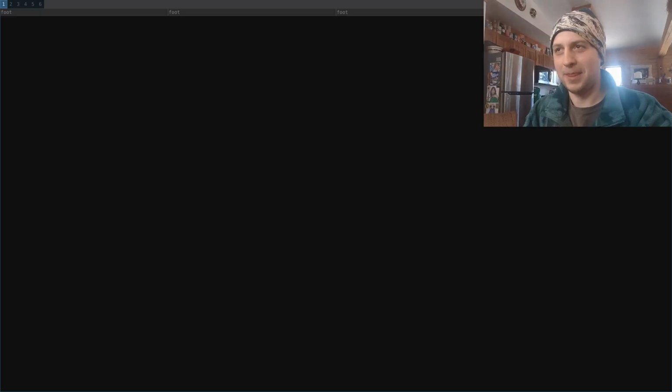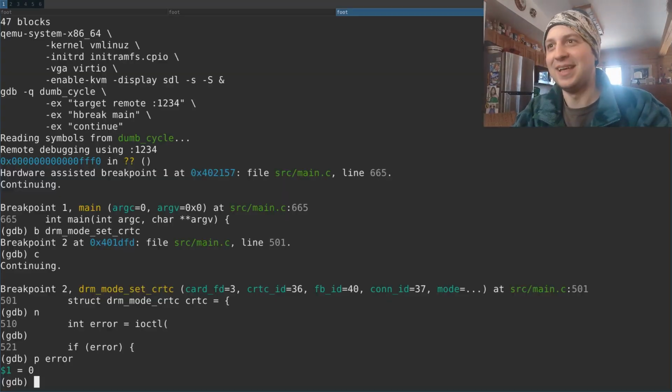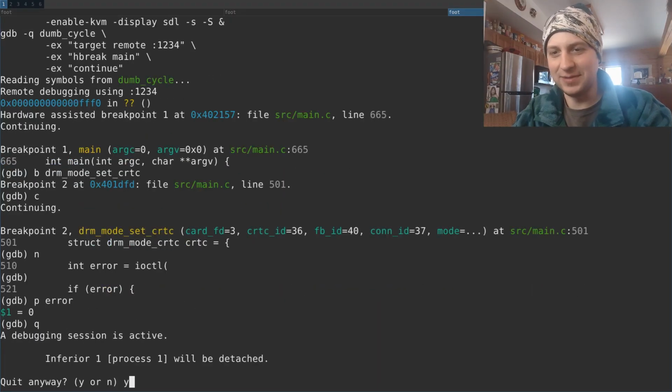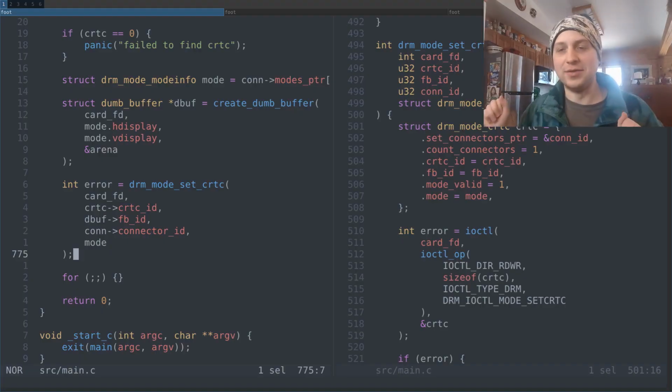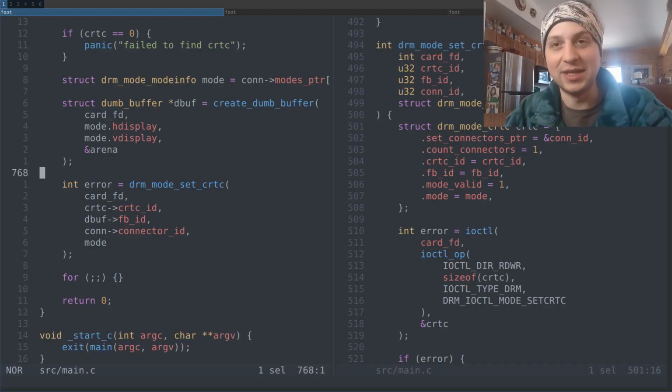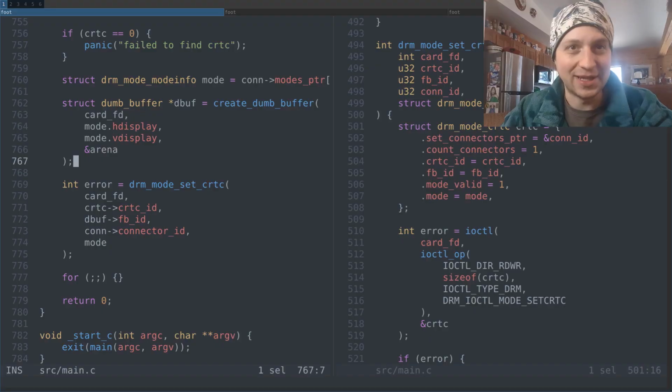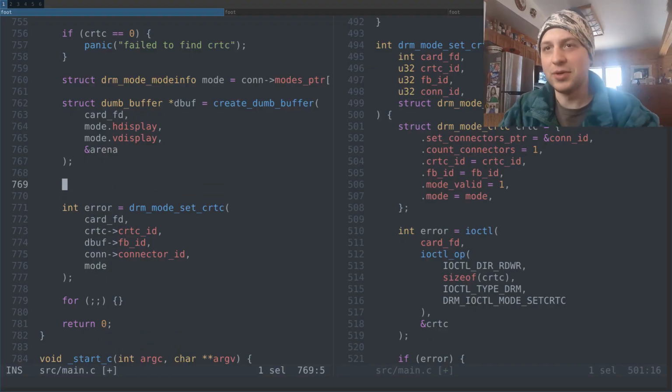So, if we write something other than black in there, what do you think will happen? And I think we should be pretty much there. Okay. So literally all we have to do before we set this CRTC is write something into that memory that's not 0. So we're going to go for